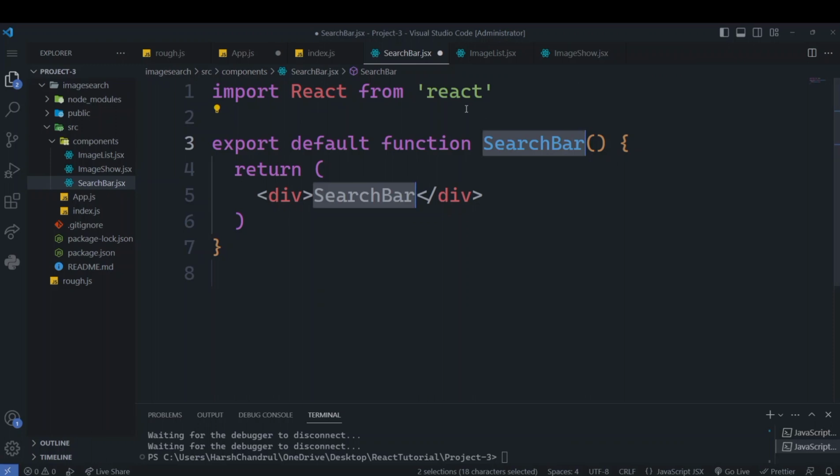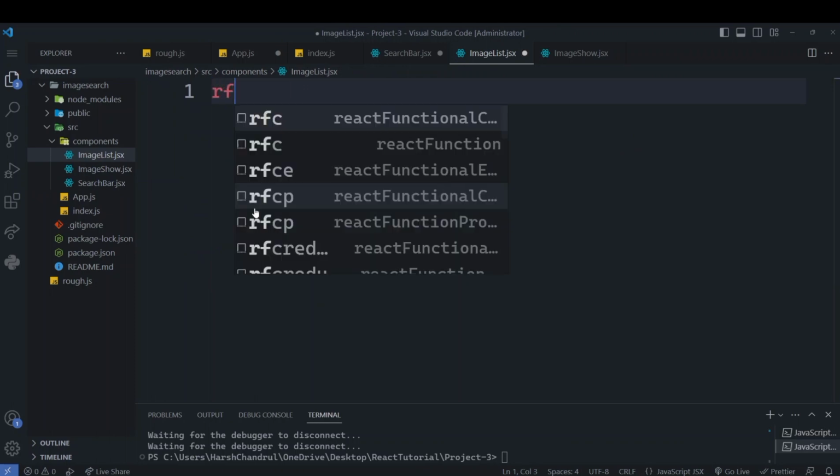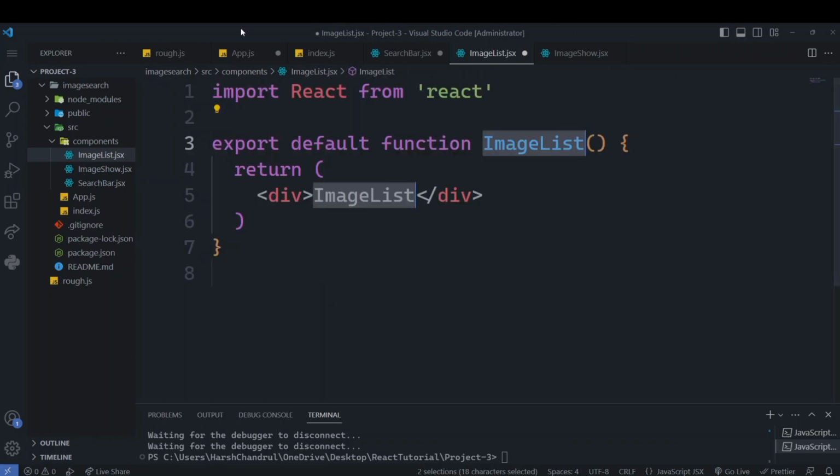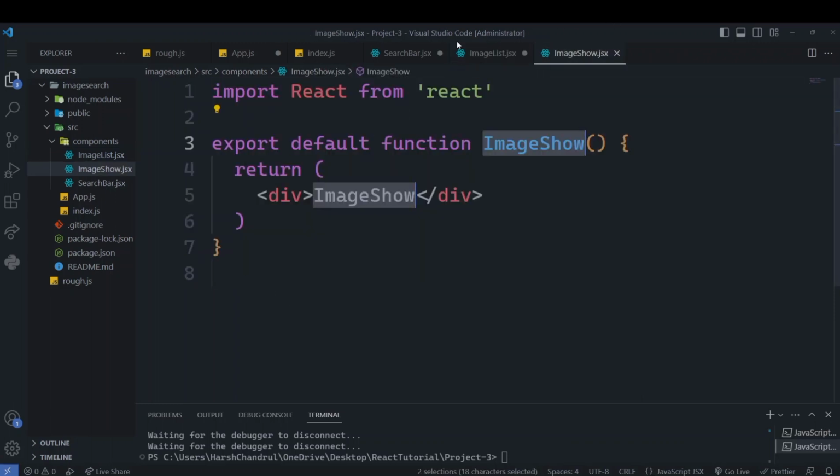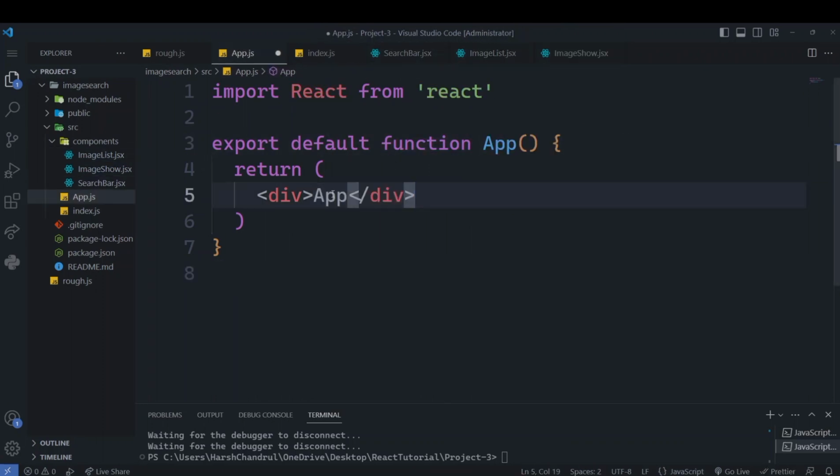A short way to build a function component is just writing RFC. If we write RFC and press enter, it will automatically make a basic file for us. And we need to save all of this. Now if we run this,